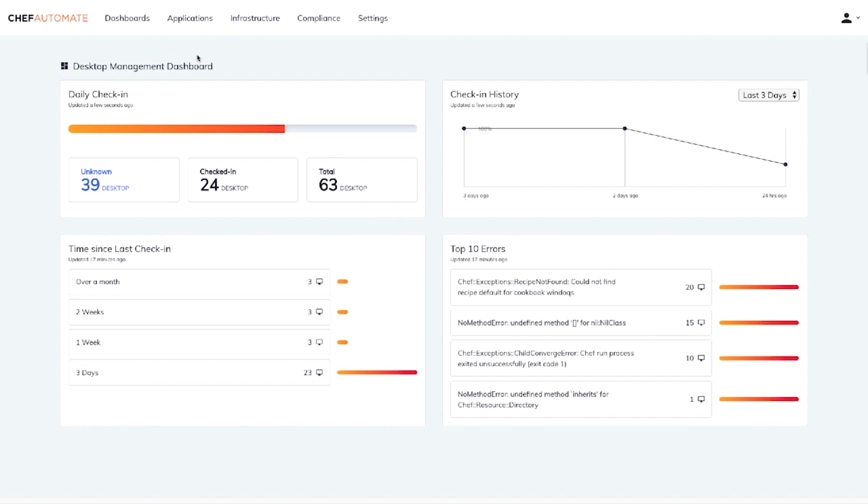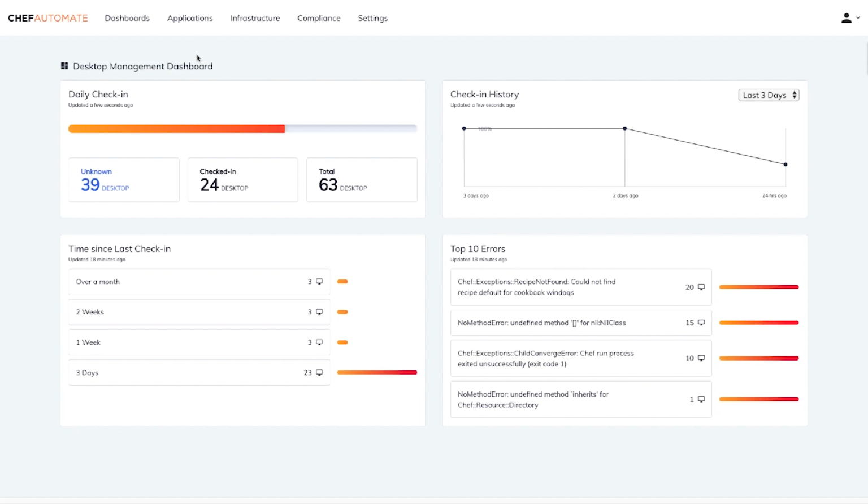Now, in addition to the content and resources we've covered, Chef Desktop is launching with a new dashboard in Chef Automate. This dashboard is designed to collect the data specific to what we care about most in desktop and laptop management. In particular, we can't count on our machines being persistent like we can with servers, and instead are going to have users bringing them on and offline, checking in from home or on coffee shop networks, and we need to, at the very least, be able to tell at a glance how much of our fleet is running the latest